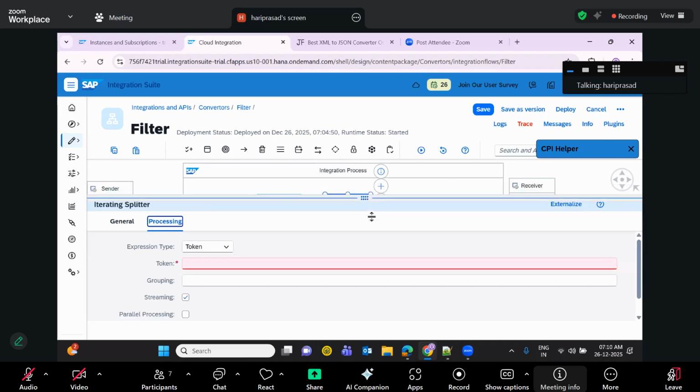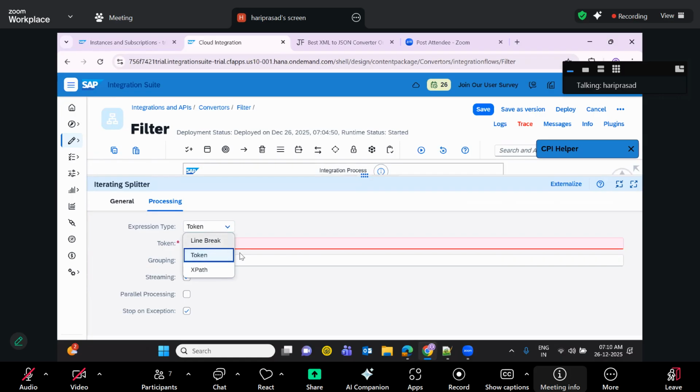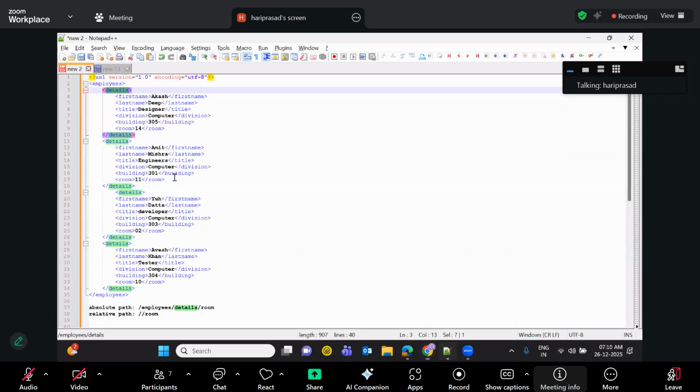And one more option we have in the iterating splitter is the expression type as token. In the general splitter, you can see the expression type line break and the XPath. But in the iterating splitter, we have one more option called token. We will see the token. Before that,